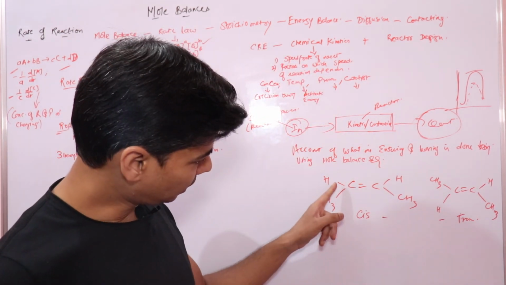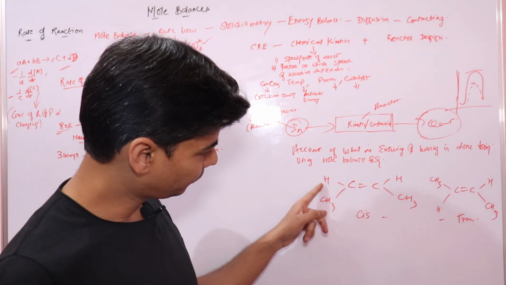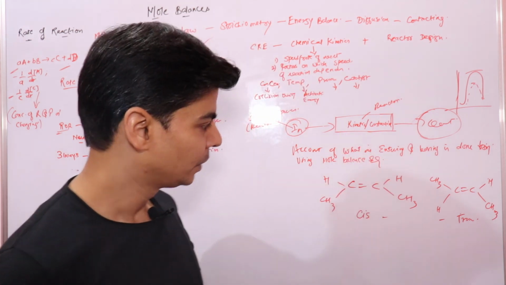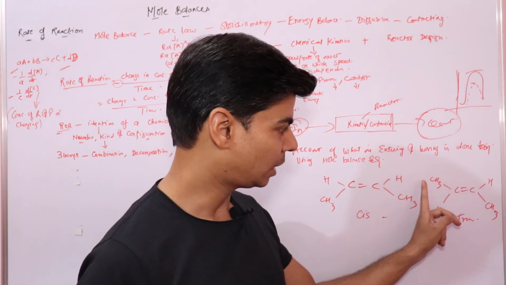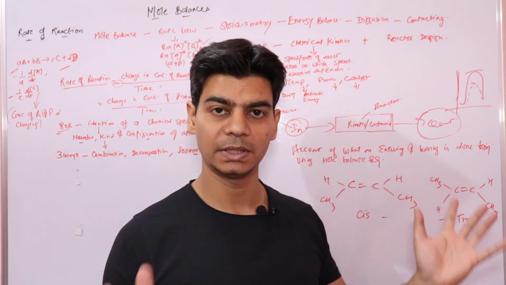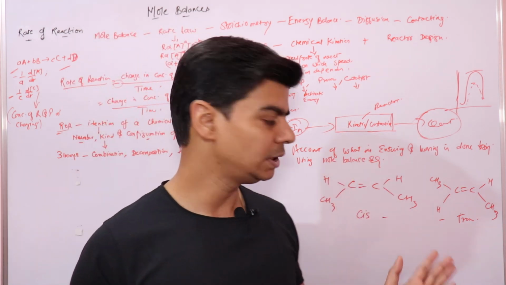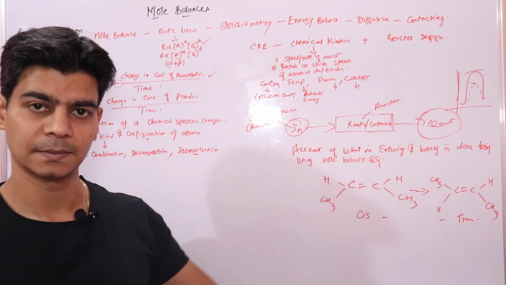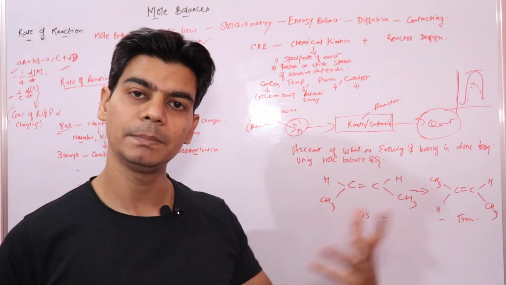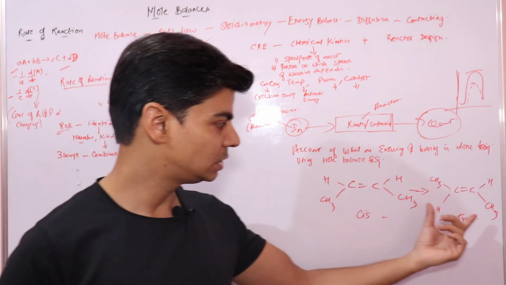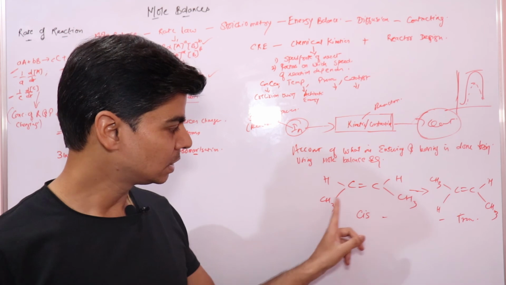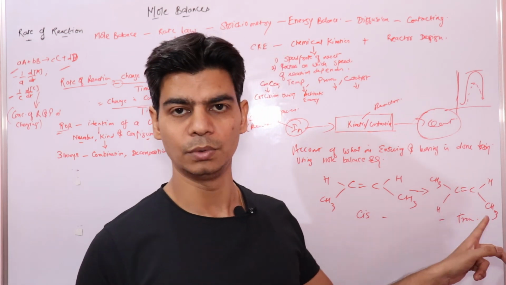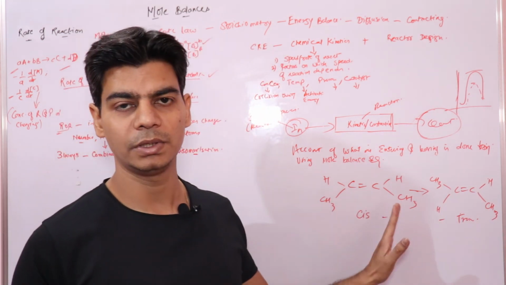Here you see the hydrogen atom is configured in cis form, same side. Cis means same side. Here you have hydrogen and methyl on the same side, and in the other, they are on opposite sides, which is why it's trans. So the configuration of atoms in these two molecules is different. If this cis form changes into this trans form by some chemical reaction, the identity of cis-2-butene is changed into trans-2-butene. Although the number of atoms is the same, the configuration is different.